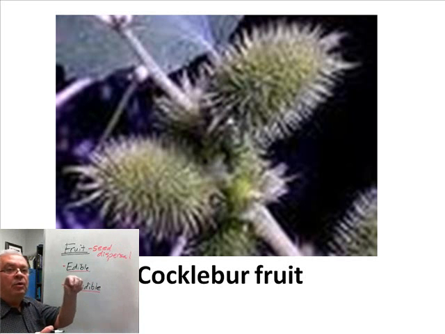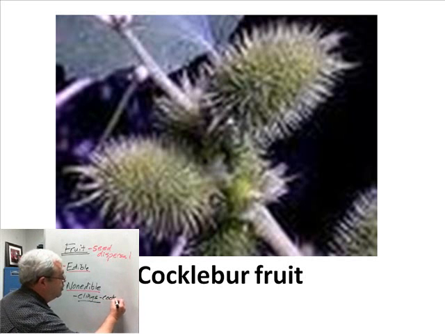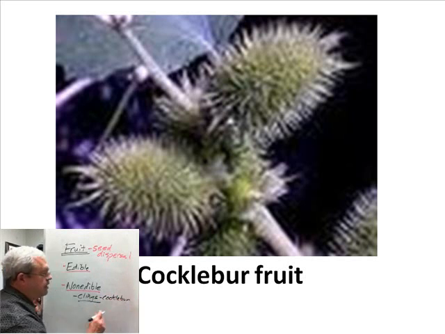The cocklebur will crack open and the seeds will drop in the soil. Have they been dispersed? They certainly have. And so what is one way that non-edible fruit contributes to seed dispersal? It clings. It clings because it has hooks. The fruit clings because it's sticky, and it sticks to something or clings to something by hooks, and the fruit opens up later, drops the seed someplace else. So an example of a clingy fruit would be cocklebur.